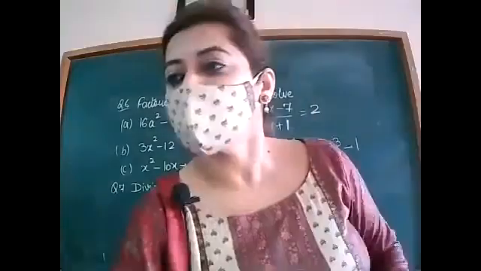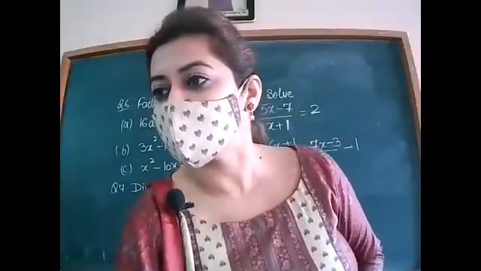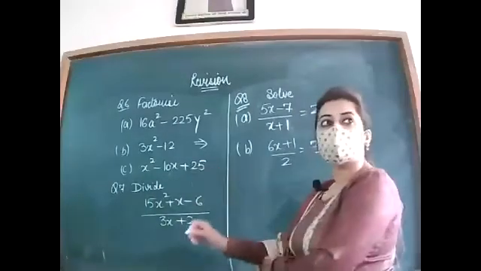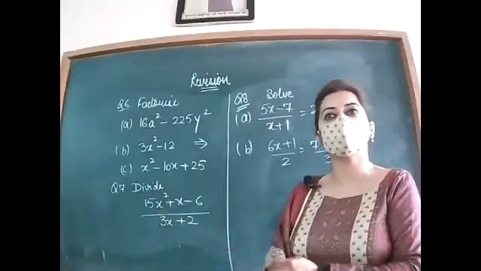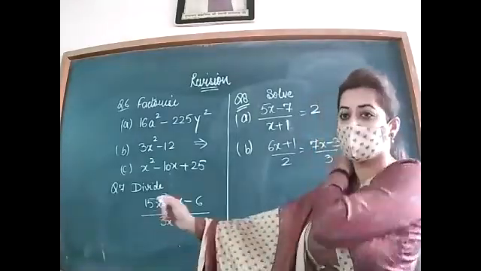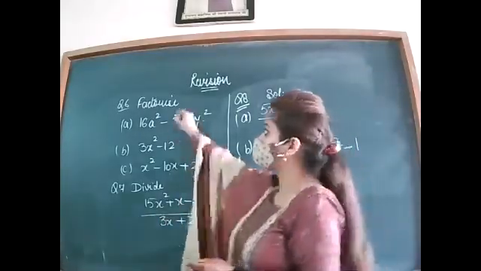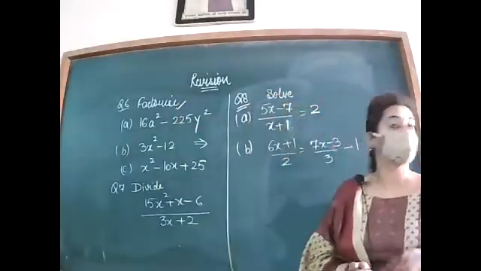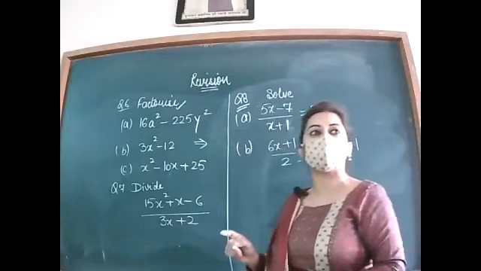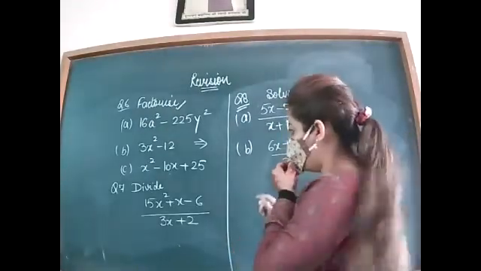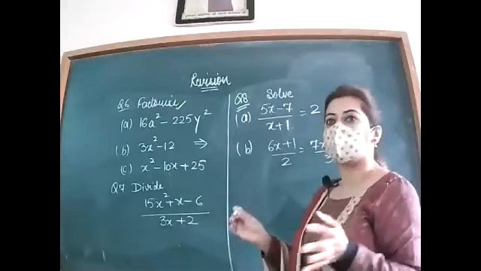Yes, third part, x square minus 10x plus 25, and the answer of this question is x minus 5, x minus 5. Are you getting this answer? Yes. Write it 2 times. Actually, the question is a factorization. So you will write 2 different brackets. If you write it in the whole square manner, you will have reduction of half mark. Factorize me, you have to break up the brackets.